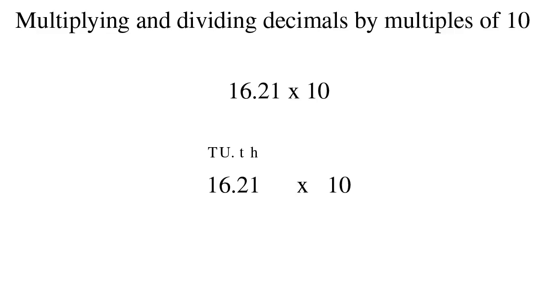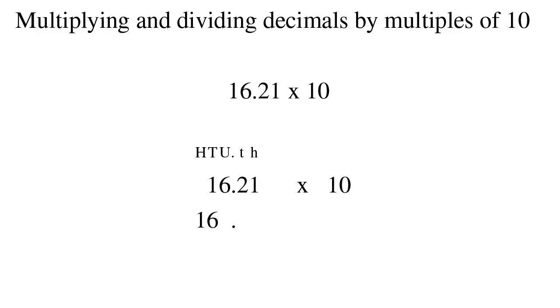If we multiply 16.21 by 10, we need to look at each digit and see what happens when we multiply by 10. The 1 represents 1/10. When we multiply by 10, it becomes 100, so we put a 1 in the hundreds column. If we take the 6 and multiply by 10, it becomes 6/10ths, so we put the 6 in the tens